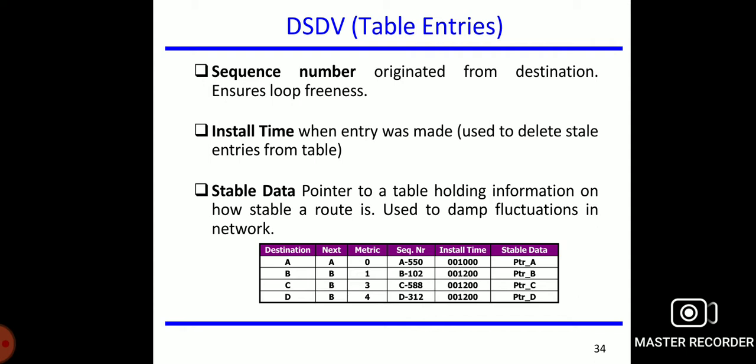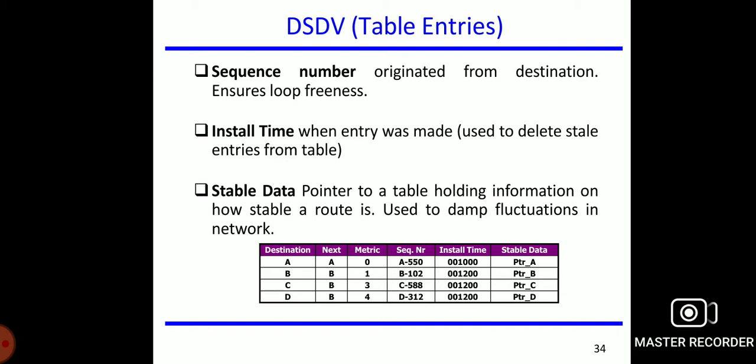Metrics is equal to the number of hops to the destination, along with the destination sequence number. The rules to set the sequence number: on each advertisement, increase your own destination sequence number. Use only even numbers. If a node is no more reachable, increase the sequence number of this node by 1, that is an odd sequence number, and set the metric to infinity.